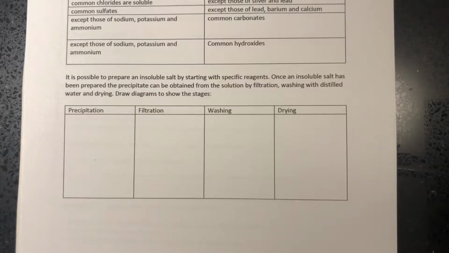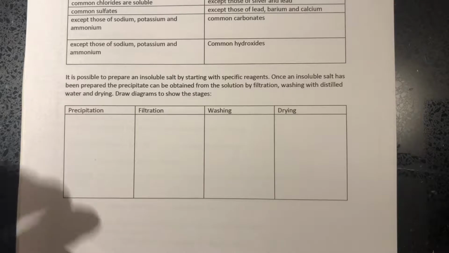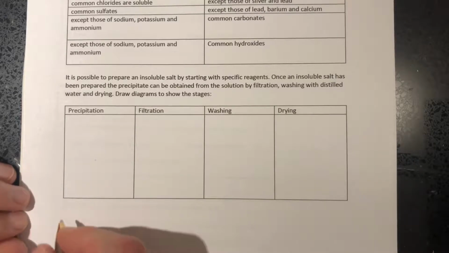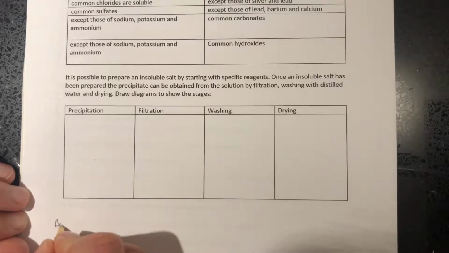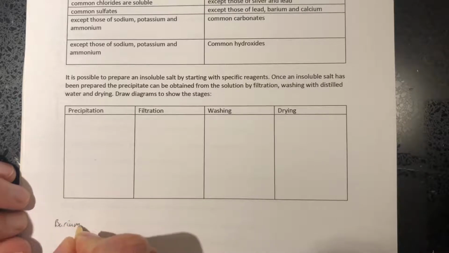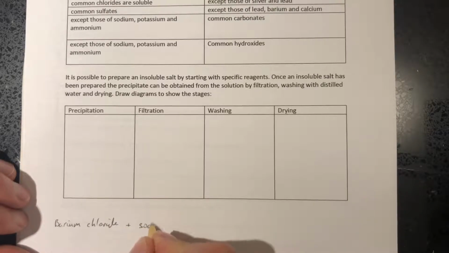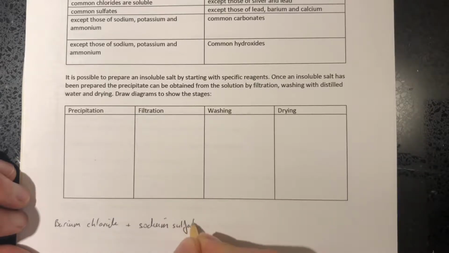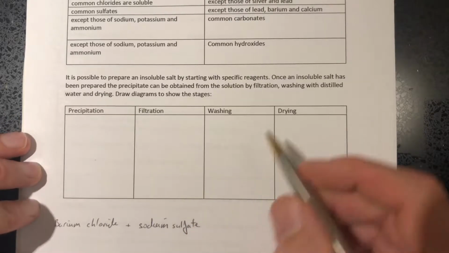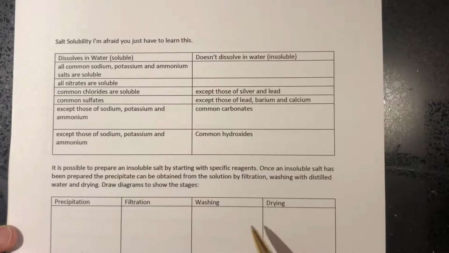So we're going to talk here about preparing a pure dry sample of an insoluble salt from two soluble salts. An example might be barium chloride as one of the soluble salts as a starting point. Barium chloride. And another soluble salt that might react with it might be sodium sulfate. Now if you go back to the solubility table above, we can see that both those are indeed soluble because